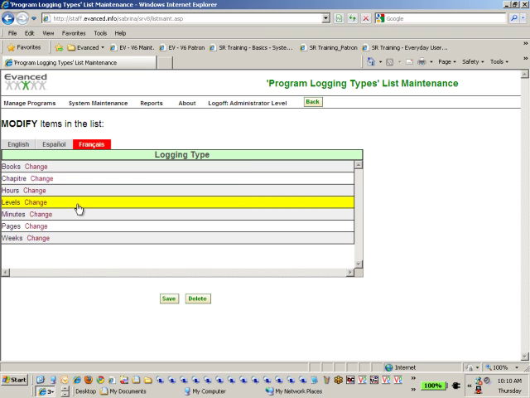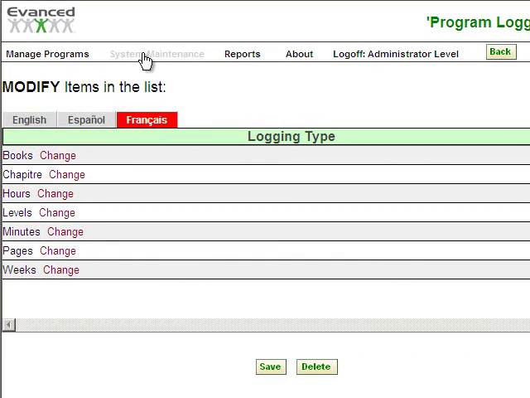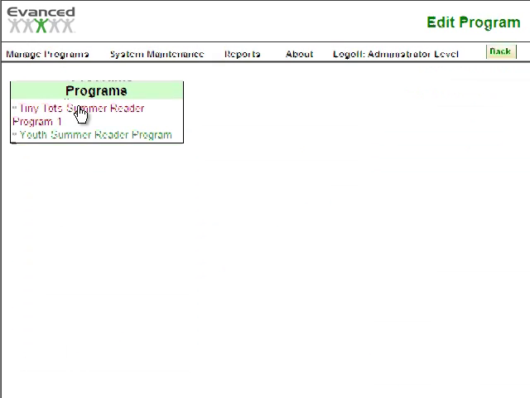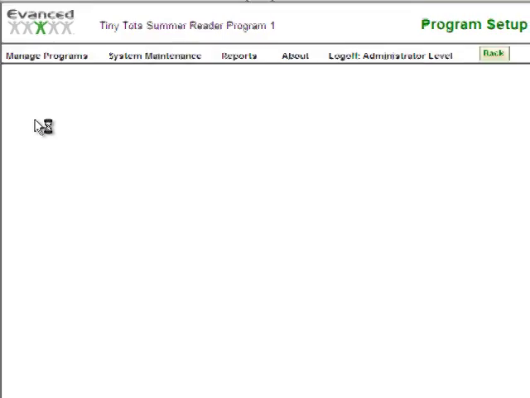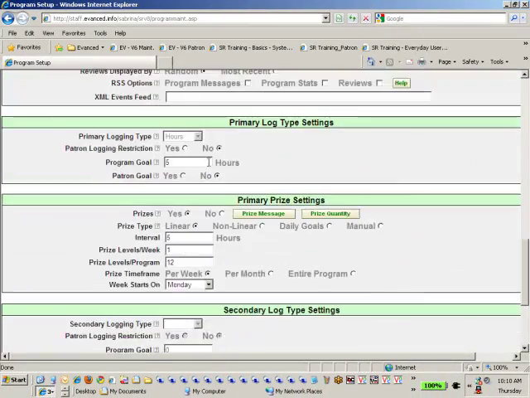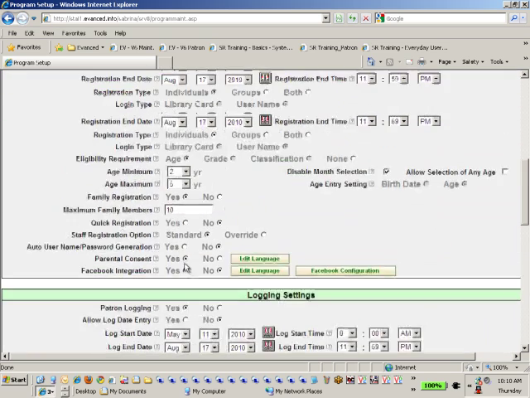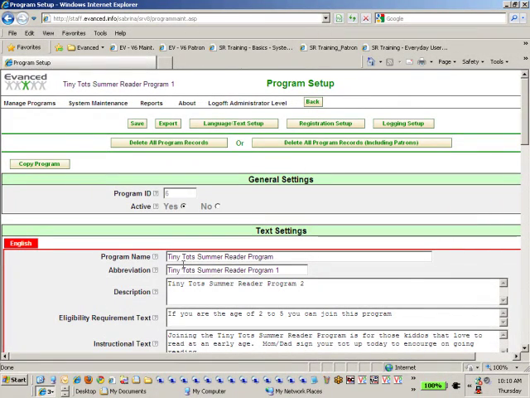Now you may be asking, where in the world am I going to see this list? If I come up here and I go to System Maintenance and I edit one of my programs, and I'm just going to choose my Tiny Tot System Reader or Summer Reader, and I scroll down to my primary log type settings. As you can see, the drop-down is listed here. However, I'm not able to make those modifications. And the reason is because I've already set this program up and I already have patrons signed on. So the only way to make those changes or to use your drop-down list would be into having a new